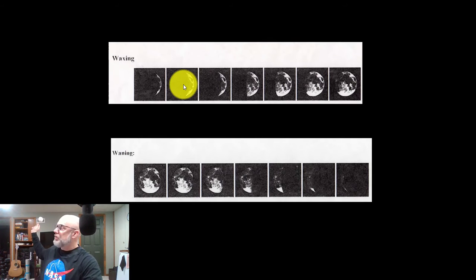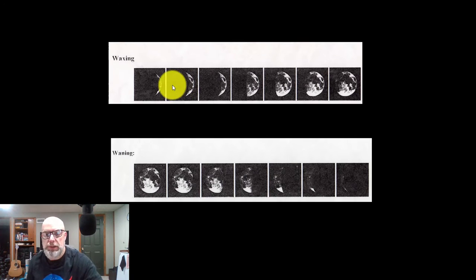And then from back here, where it's a full moon, as you go this way, it'll be the waning phases. It'll get darker on the right side until you get to the new moon, which is where we are looking at the dark side of the moon. Okay,